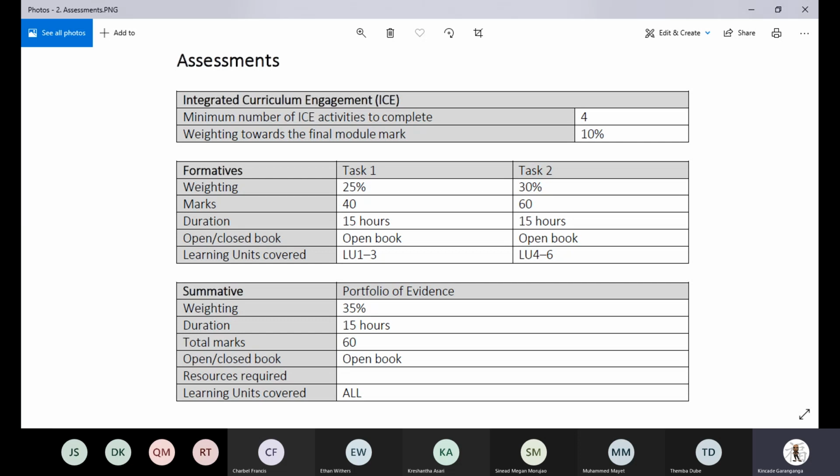So your research, your revision-based questions, and some tasks that are largely practical will need to be completed accordingly, not just for mark allocation, but to enable you to understand exactly what's happening with the module content and to assist you, especially from a professional point of view, in understanding the concepts there. And then from a formative point of view, you've got 2 distinctive tasks that are there. So this is a POE-based module,